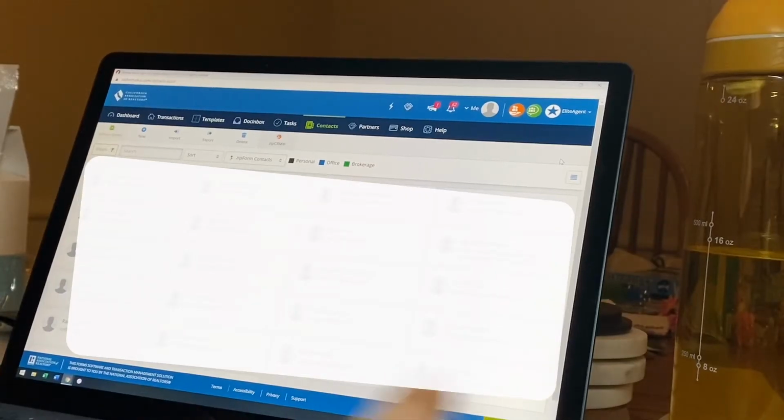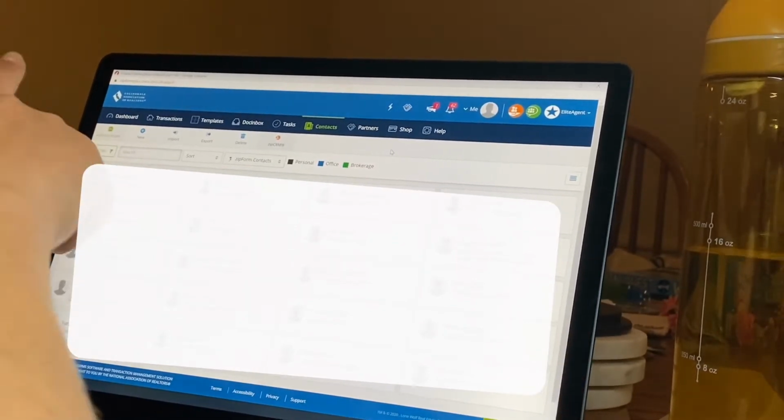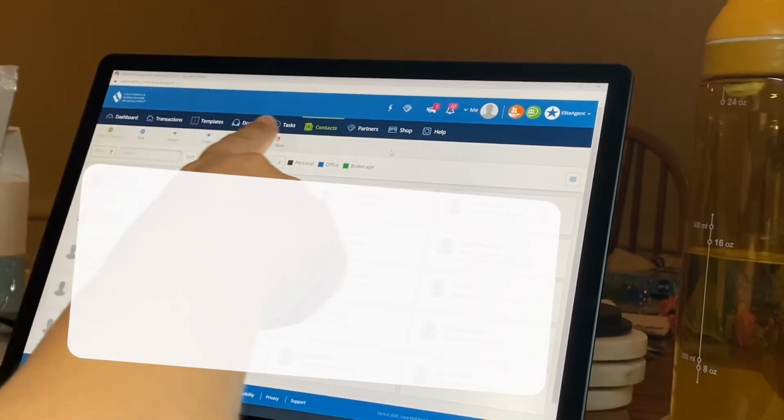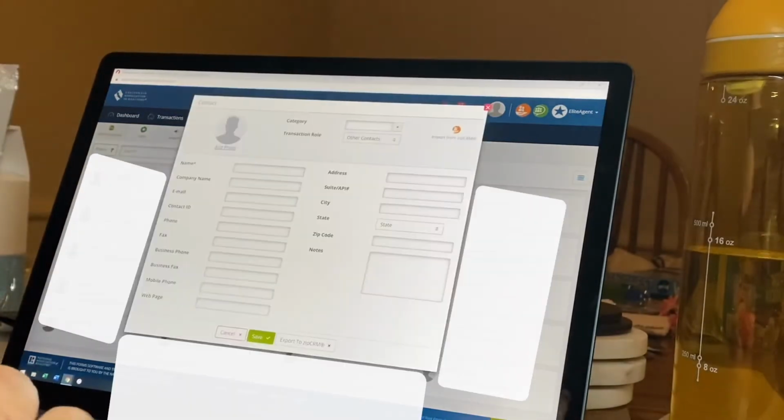Okay, I want to show you how to make it easier to do your PEAD forms. So you're going to log into Zip Forms, go across this to contacts. Once you're in contacts, you're going to hit new. You're going to put in your person's name, first name, last name,